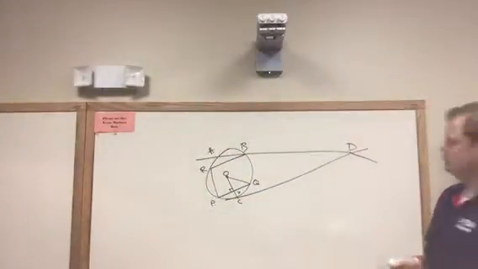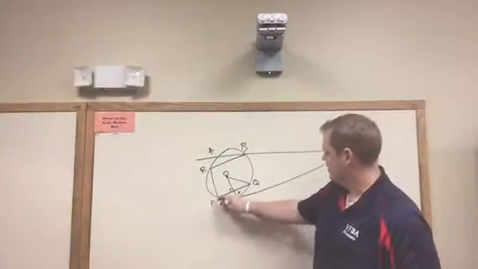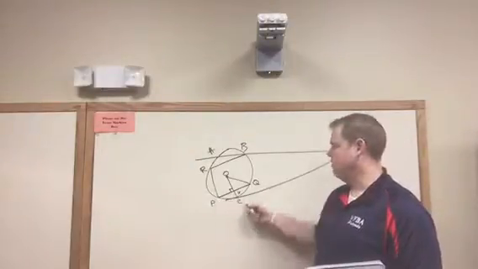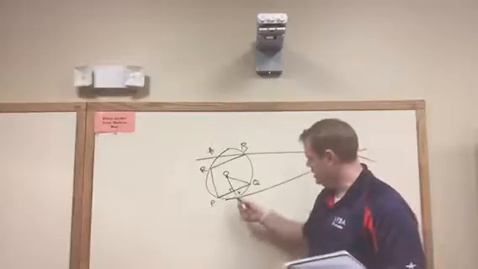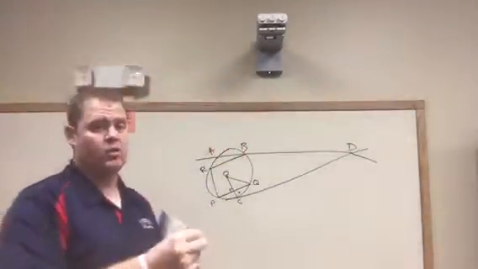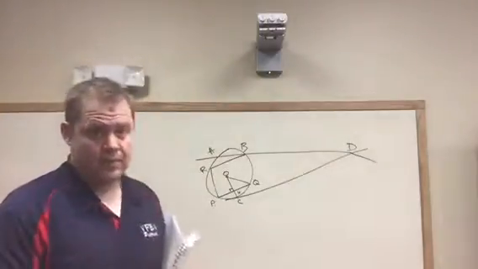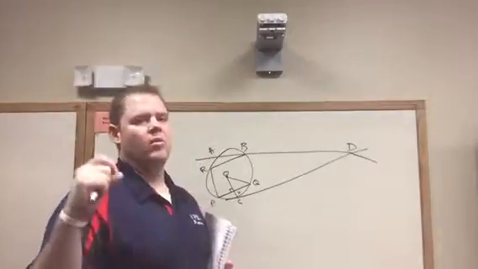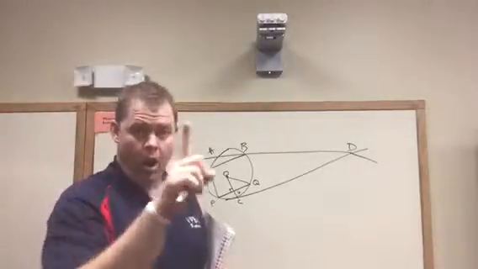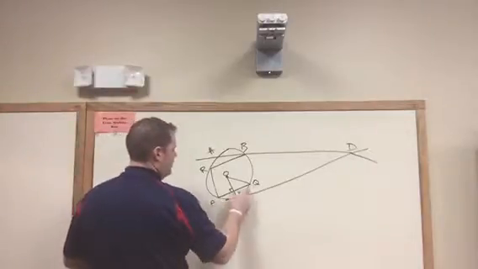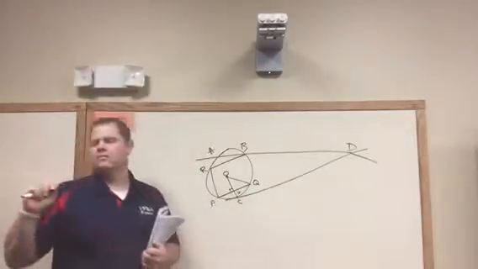If PQ, so we're talking about PQ, this chord, is 12, so the whole thing is 12, what is XQ? Well, now, remember, we talked about it. If it's a right angle and it's perpendicular, then what does it do to the chord? It bisects the chord. What theorem is that? 9.1. Good. Awesome. All right, so if it's 12, then half of it is